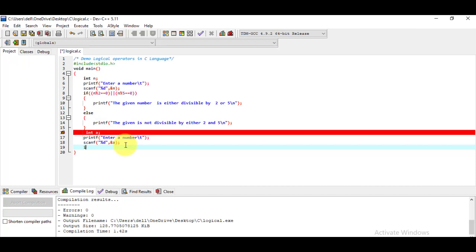So if I write if, if a modulo 2 is equal to 0. Now here I am writing the body of if, the given number.